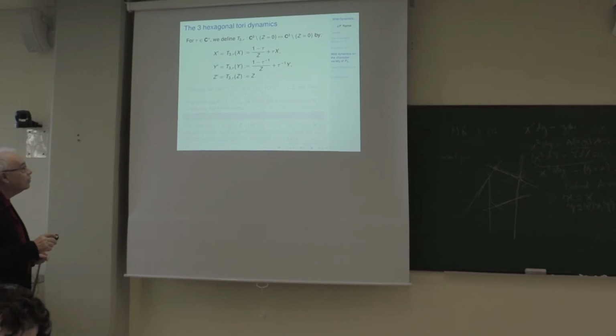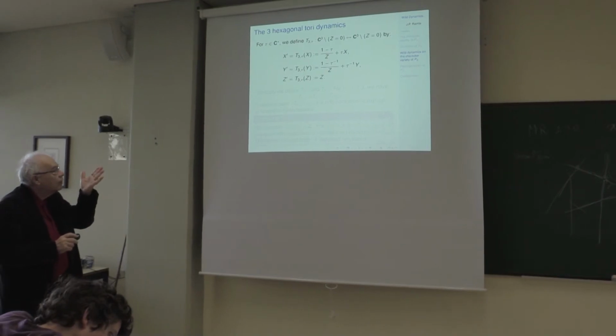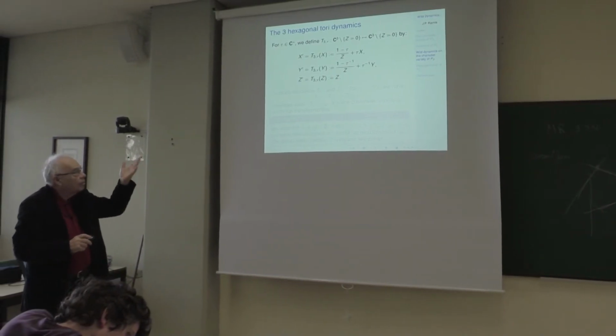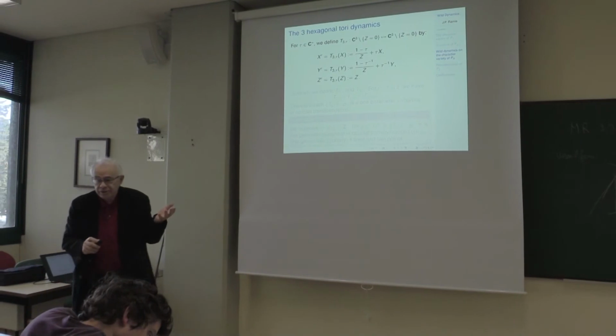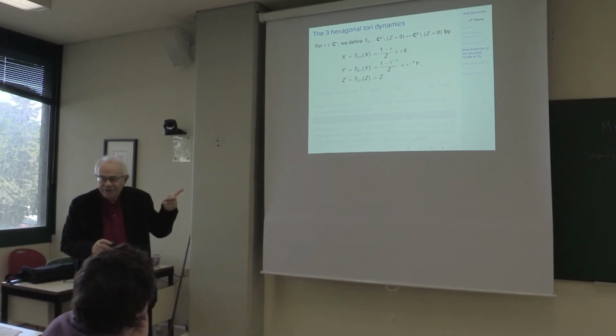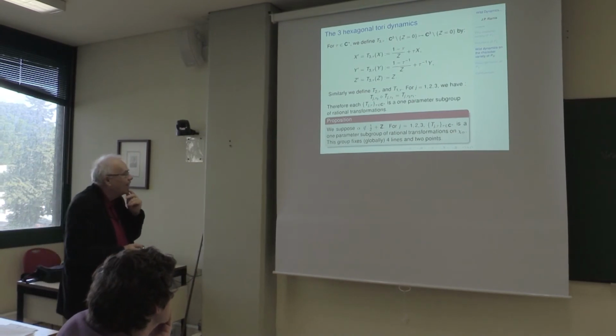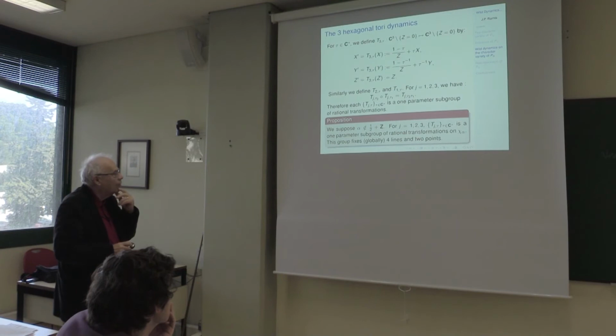And here are the formulas. Okay, so these formulas are very simple. It's a family: we take a non-zero complex number tau, and for each complex tau you have a transformation. It's not complicated. It's a rational transformation. It's very, very simple, but with Emmanuel Paul, we spent 2 years to guess. Okay. So we have a one-parameter subgroup of rational transformations. I suppose this alpha is not 1 over 2 modulo z.